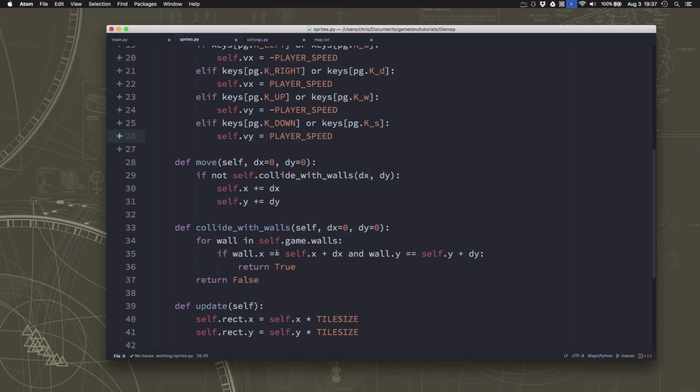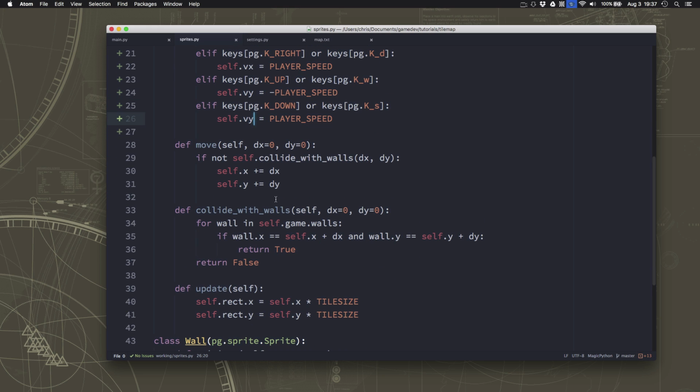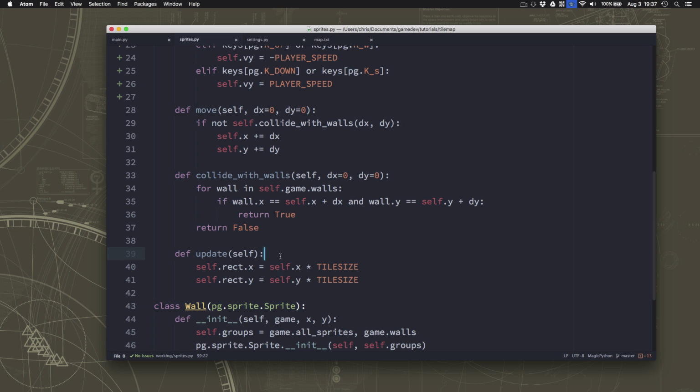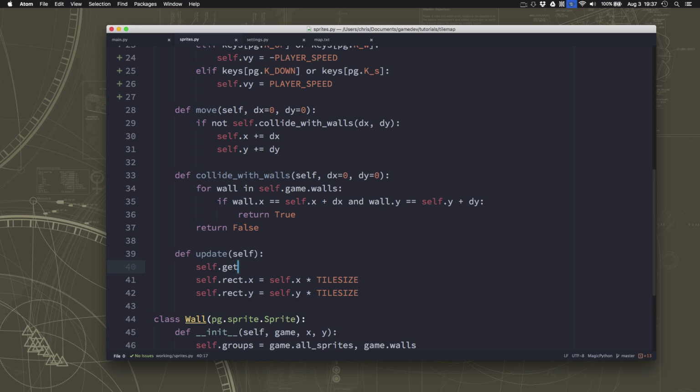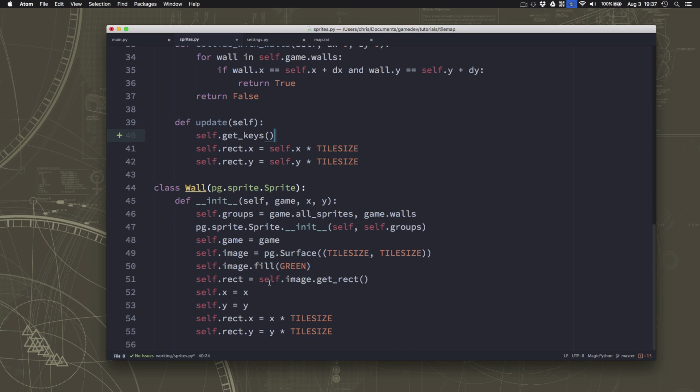All right, let's get rid of, well, I'm not going to get rid of it, but we're going to change this def move and the collide with walls. Those are going to have to change. For right now, in our update, let's just do get keys. And our rectangle's x and y are going to be equal to our game's, our self.vx, sorry, plus equals,